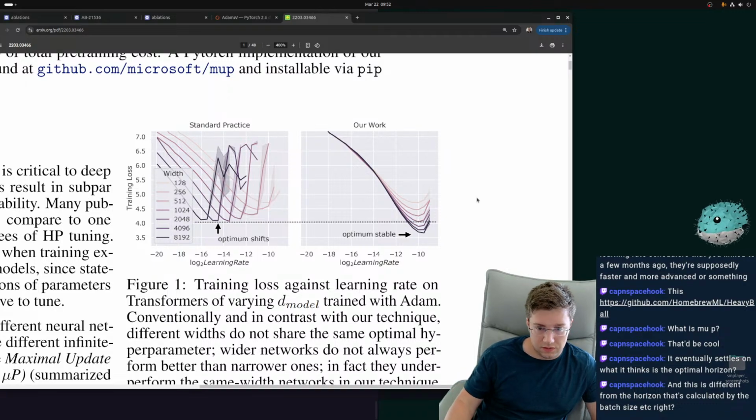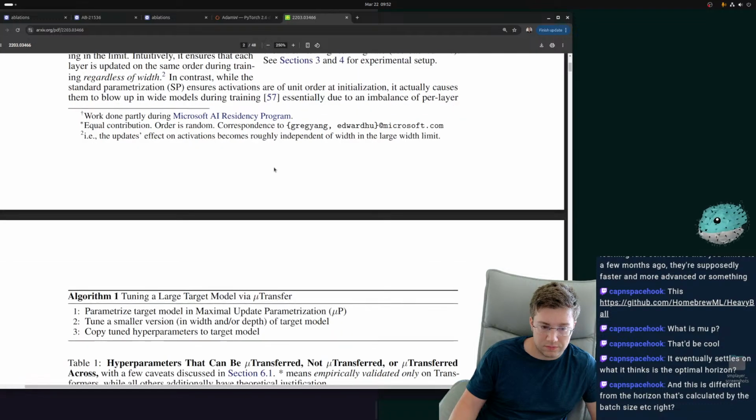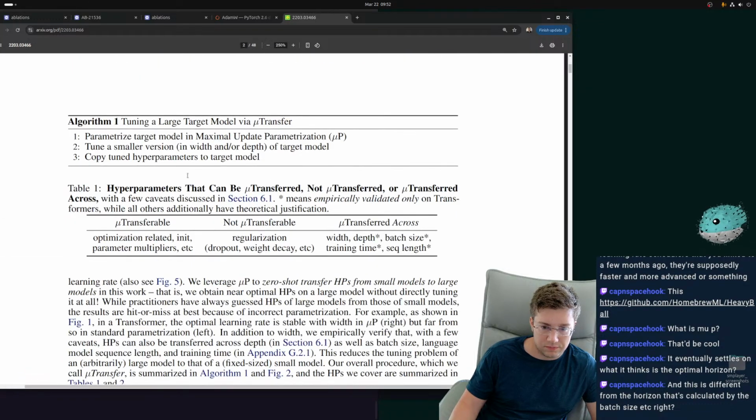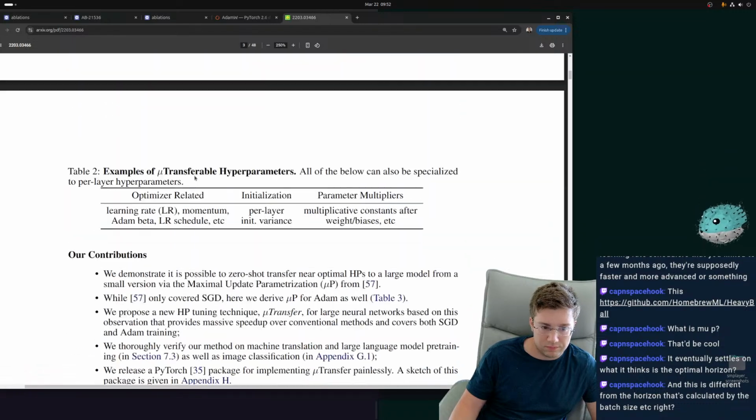Whereas here, they keep it pretty darn consistent. So these are all transferable, it says. So any of these Adam parameters